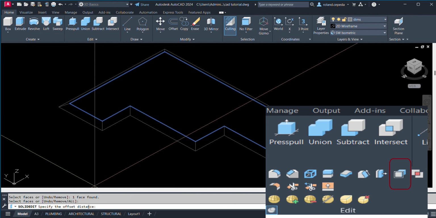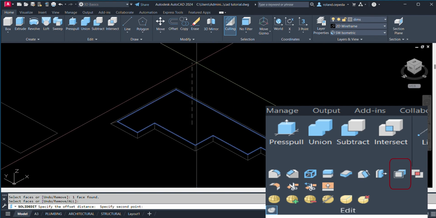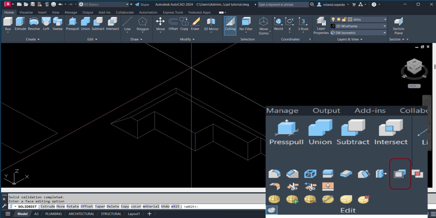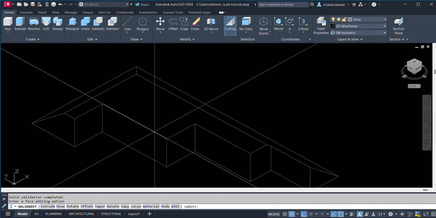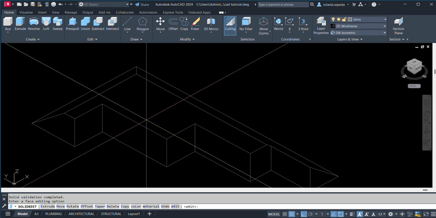You have there specify the offset distance. So I'll just input 2 meters. Let us try. And then enter. So there you go. The roofing is now raised another 2 meters.